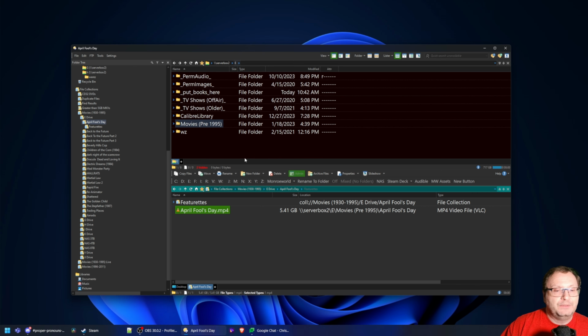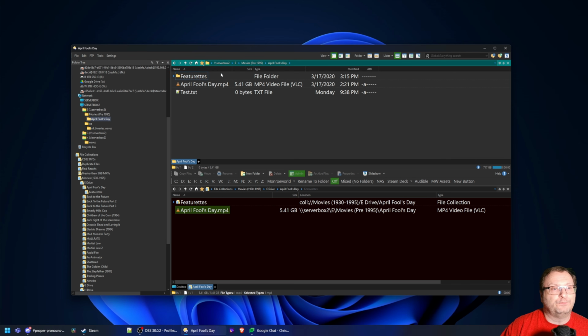Let me show you. This says that it's on server box 2 eMovies April Fool's Day. So if I go in here, here's the real folder. Here's April Fool's Day and featurettes, but there's a test file in here. It's not down here, and it's not down here because I added this text file after I took the snapshot. So this list, while the entries that are here are live, new entries won't necessarily get brought in here unless